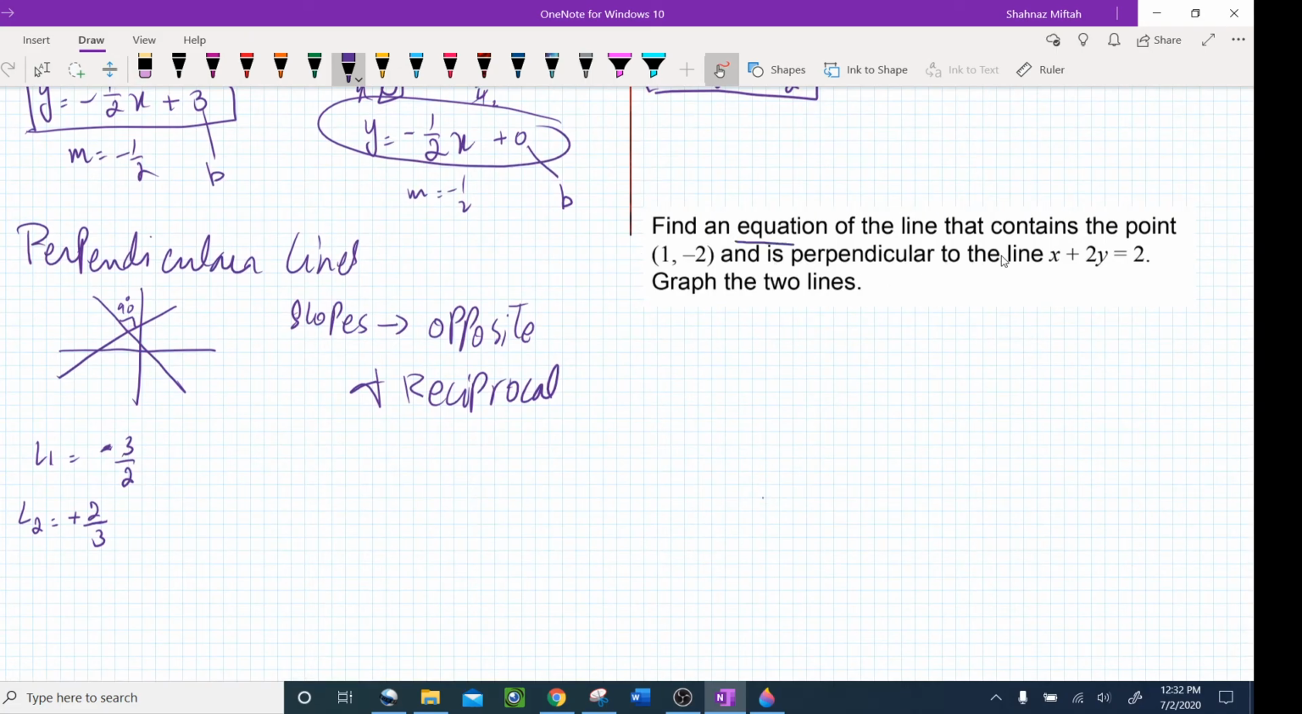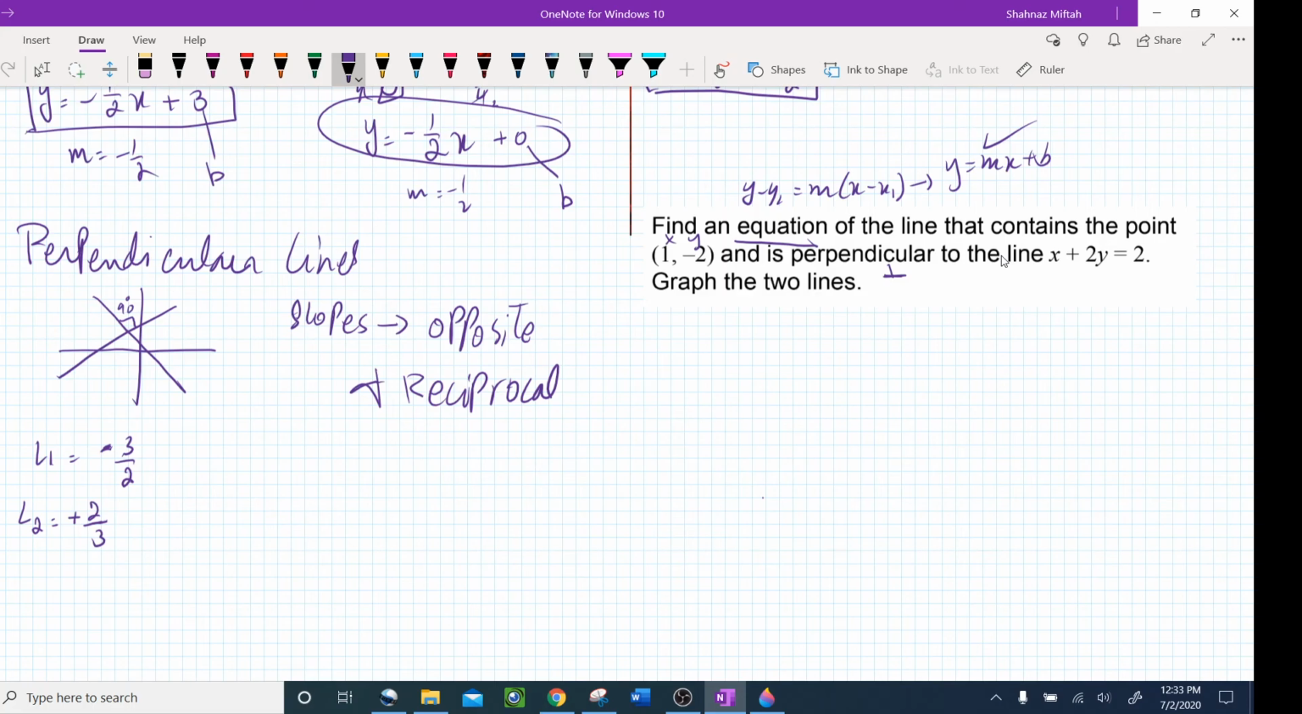Again, they said equation. Remember, y minus y1 equals m times x minus x1, and we will end up with y equals mx plus b, and this is what we need. The line contains the point x and y, and is perpendicular to the line. Graph the two lines. Okay, now, too much information in this one. They said perpendicular, which means their slopes are supposed to be reciprocal and opposite, but we don't know what the slope